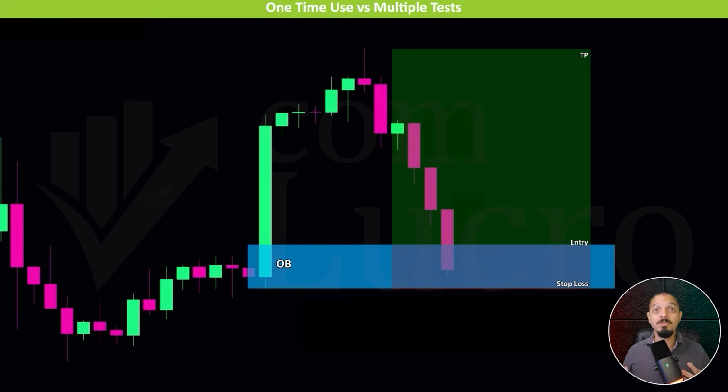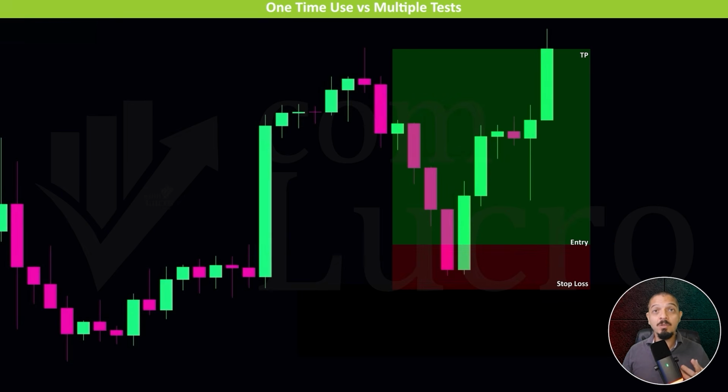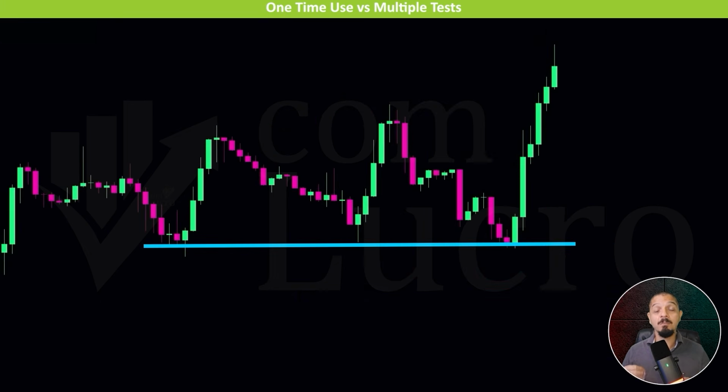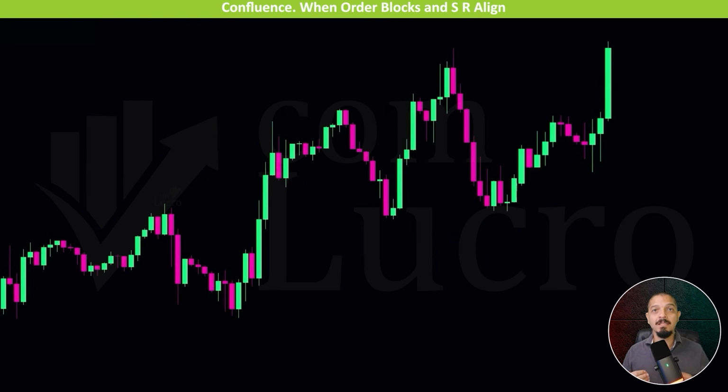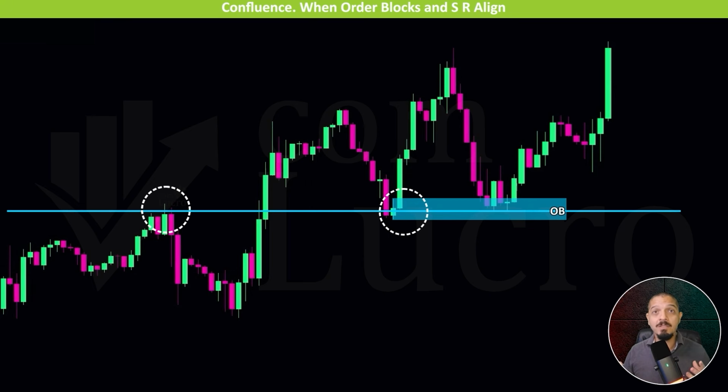Once price returns to and touches an order block, it is no longer treated as valid. Support and resistance levels, in contrast, can be tested and respected multiple times before they lose their significance. Even though order blocks and support and resistance are different concepts, they can complement each other effectively. When an order block aligns with a support or resistance level, this creates what is known as confluence. Areas of confluence tend to carry more weight, as price has a higher probability of reacting when multiple factors point